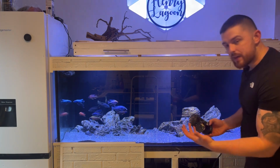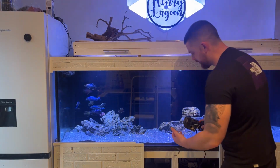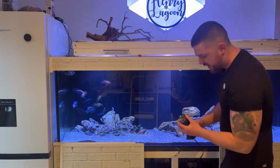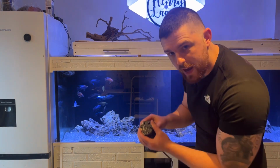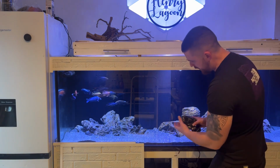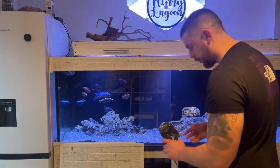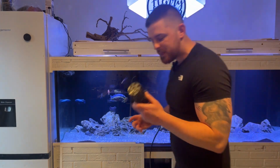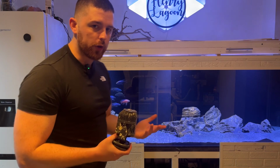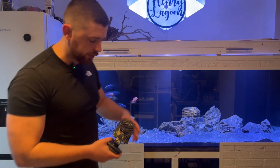and then the flow this would give out would be completely different to this one. So this would essentially fire just a jet stream of flow. So it'd just be like a long tube, and then depending on how you have your setting on the front of it, you can make it more or less powerful, but it's more of a conical, straightforward blast of flow, which is why I've not put it in this tank, because I think this one it is dirty for a start, but I think it would be too much direct flow. It'd be too powerful. This spreads it out as like a blanket along the surface,